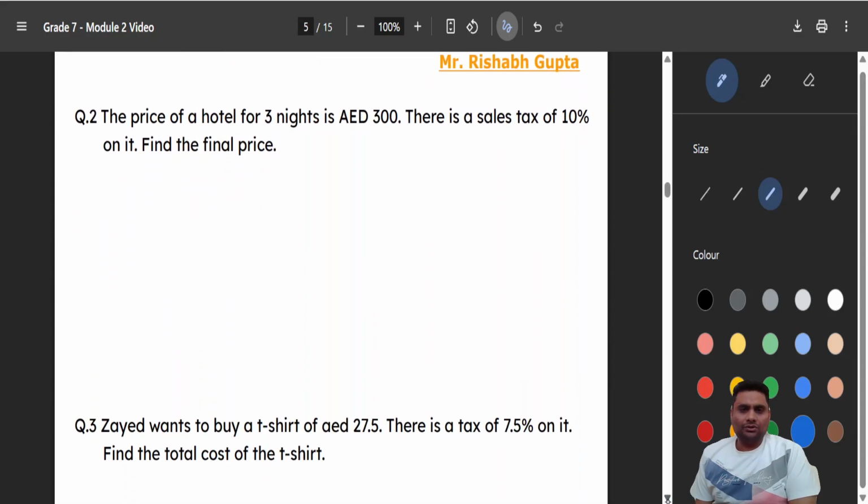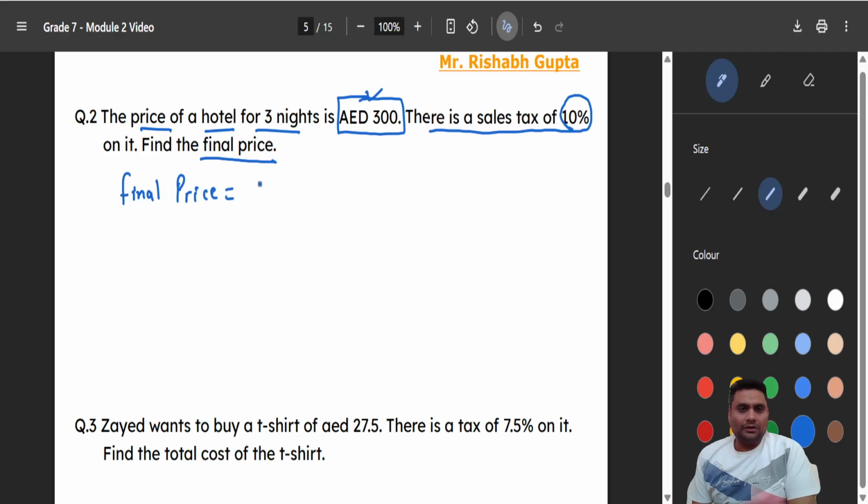Let us come to the next question. The price of a hotel for 3 nights is 300 dirham. Okay. So for 3 nights I have to pay 300 dirhams. This is the price of the hotel. Now there is a sales tax on it. The tax is how much? 10%. So he said, tell me the final price. So how will I find the final price? Final price will be